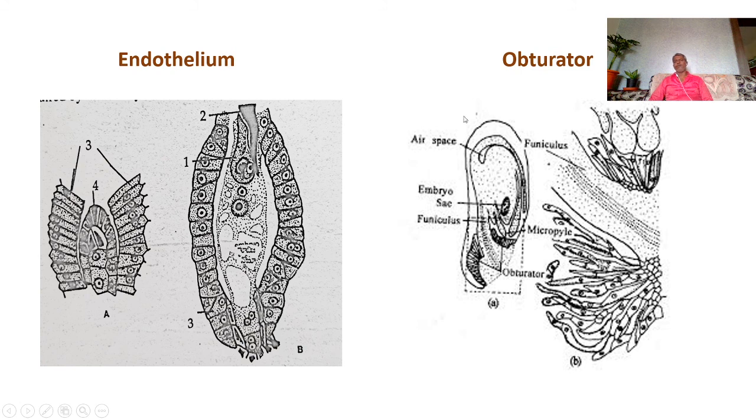Okay. Then comes obturator. This is also an extra growth which develops from the placenta region, and it grows together with the integuments and forms a hood-like structure over the ovule, and it guides the pollen tube to enter into the ovule. The cells you can see here are glandular in appearance. Enlarged or elongated cells are seen in the obturator. Okay. Then